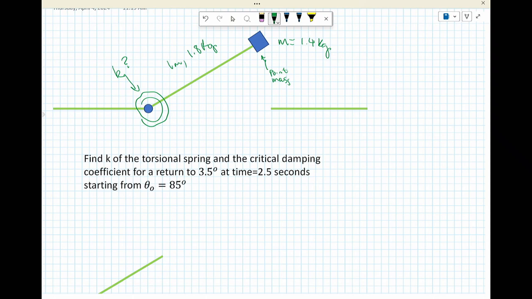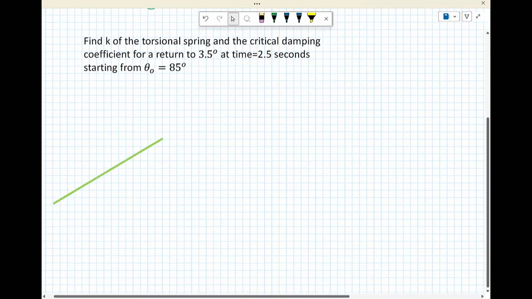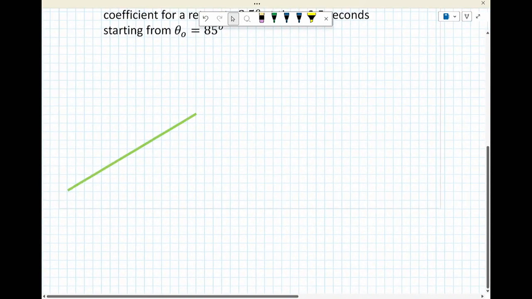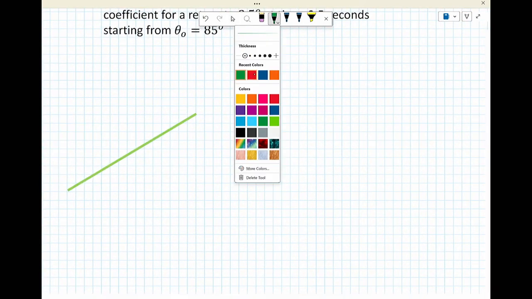And you're asked to find K of this torsional spring and the critical damping coefficient for a return to 3.5 degrees at a time of 2.5 seconds, starting from a theta naught of 85 degrees. Anything missing on this? So theta, just for completeness, is there. So you're given all of that. And of course, where you start in all of this is the same place. You have